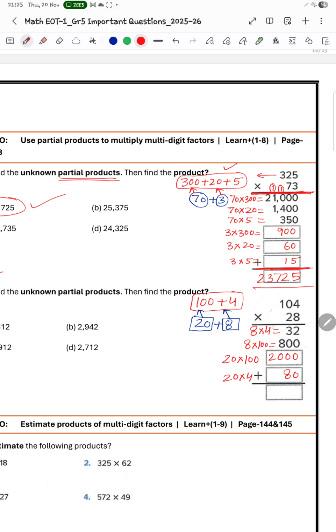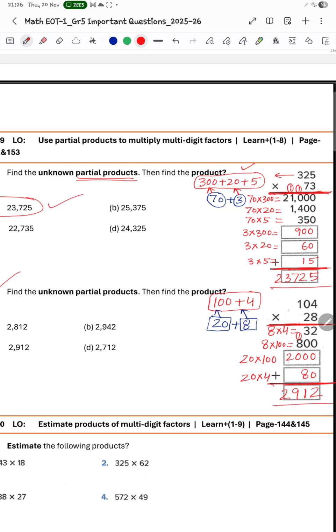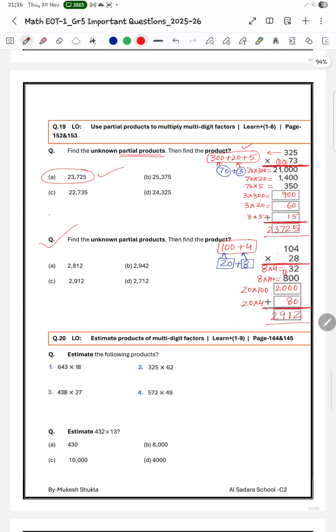So if you add them up, add from here until here. So 2, 2, 2, it will be 2. 3 and 8, 8 in 3, 11. 1 will go up. And 8 and 1, 9, and 2 will be left over. So 2,912 is my answer. Okay. Now we are about to reach our